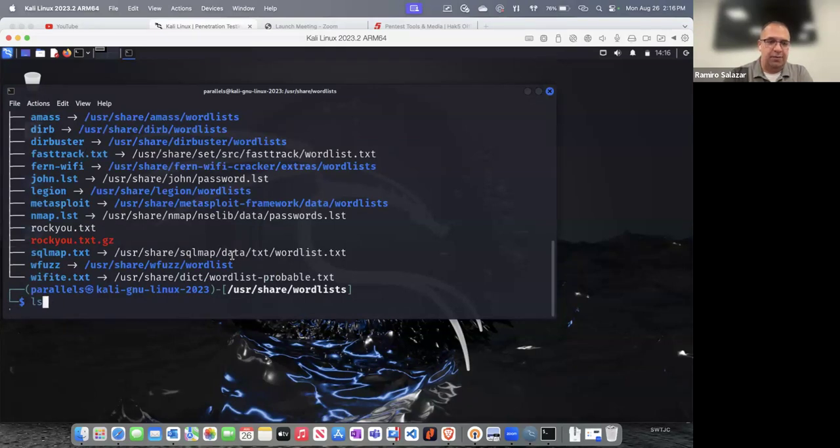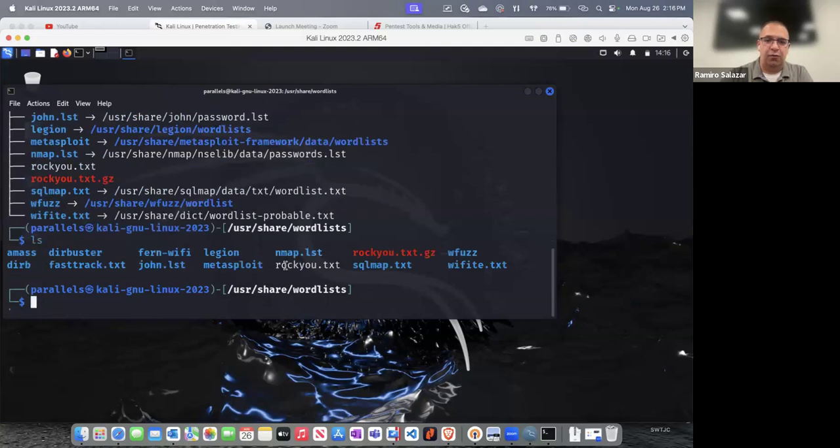Let me see what's in here by typing ls. There's a file called rockyou.txt here. And this file contains about 1.5 million passwords that have already been cracked by hackers. So if you want to display this to a user, you could type in cat rockyou.txt, and it's going to show you all the 1.5 million passwords that are commonly used by people.